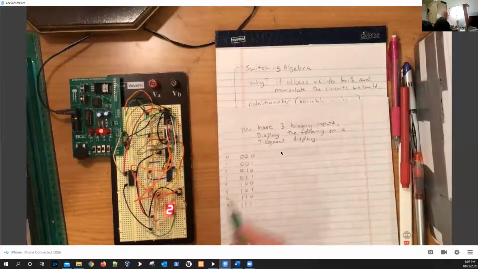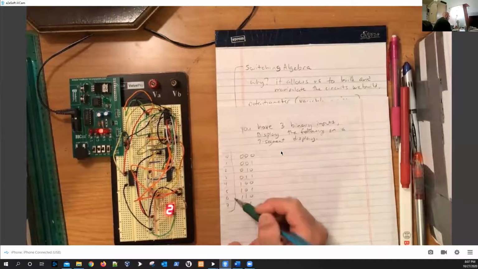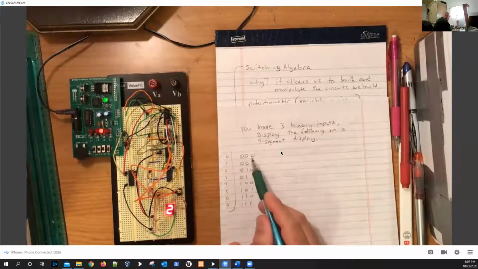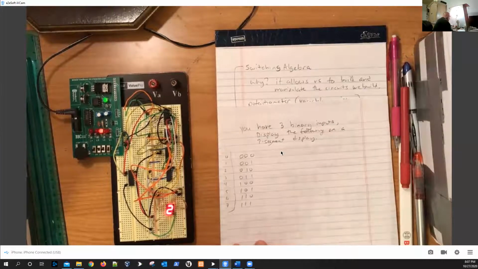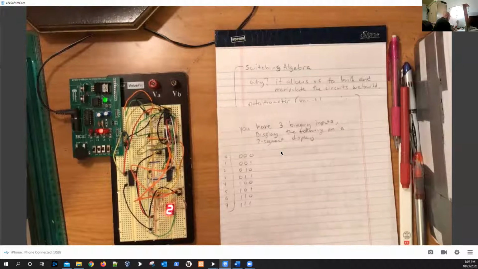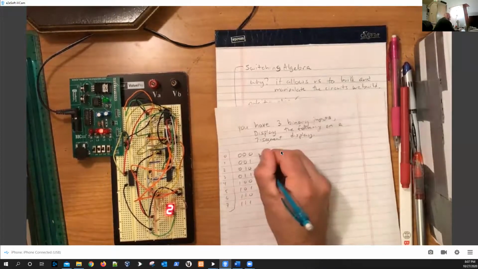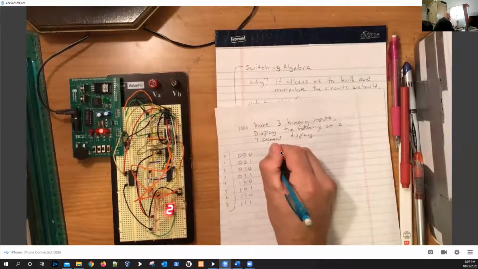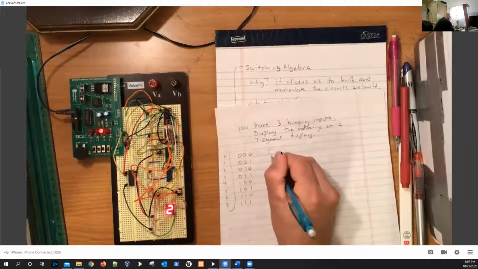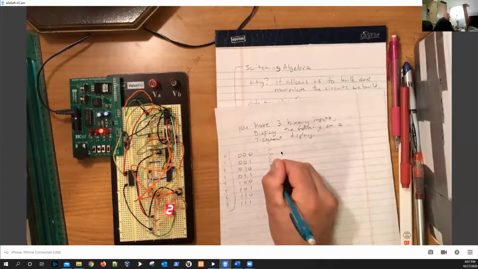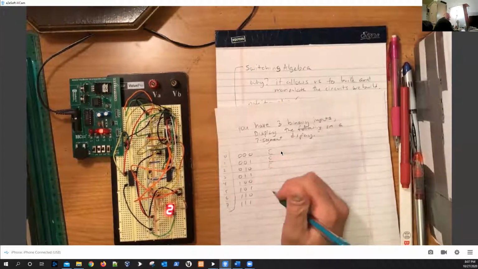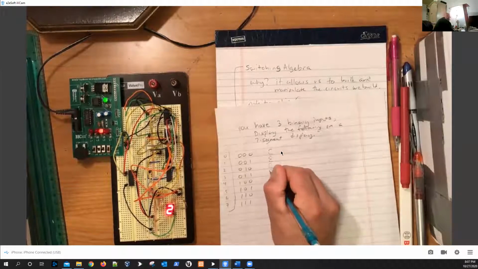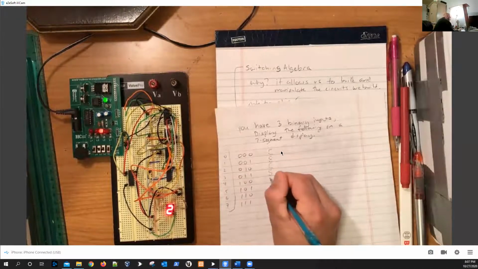And we haven't really covered this, and I'm not going to cover this today, but just so you know, this is the numbers 0 through 7 in binary. Something we spend a great deal of time learning and talking about at the beginning of the semester in this course. When it's 0, we want to display a C. When it's 1, we display an E. We display a C again here for 2, and then S, and then